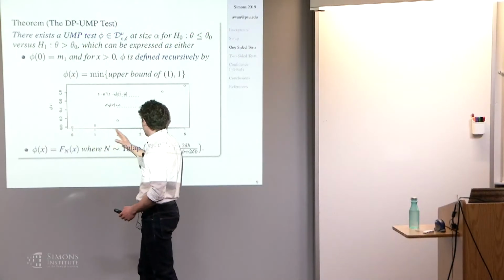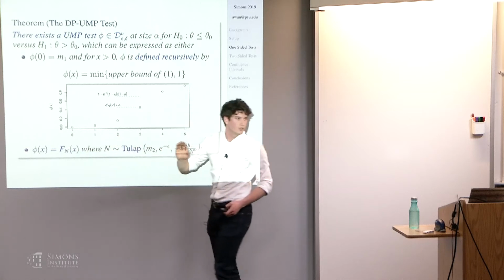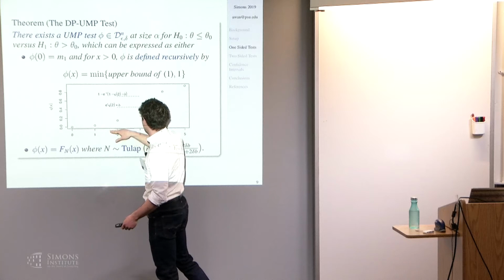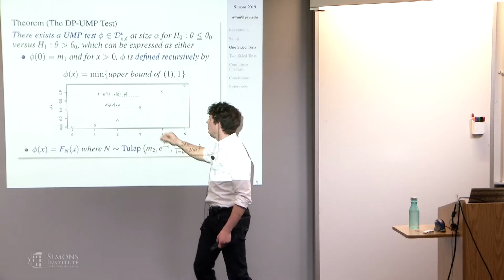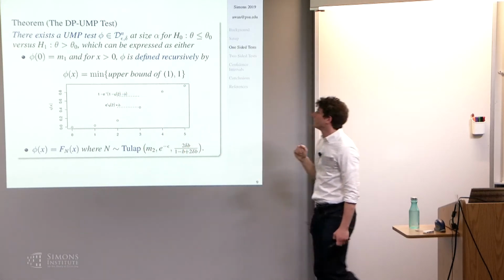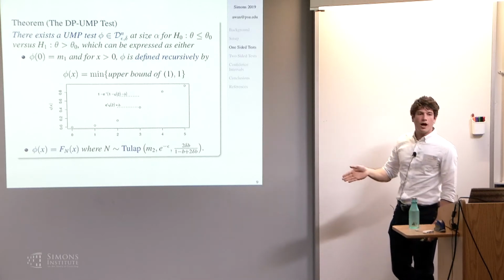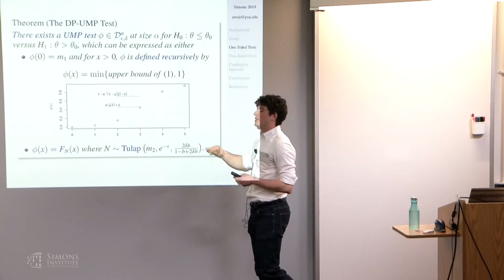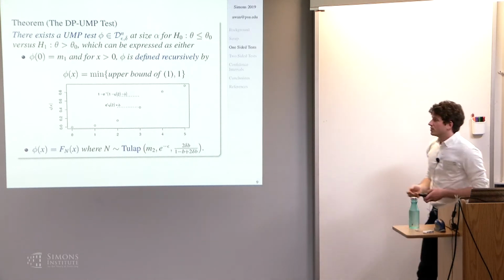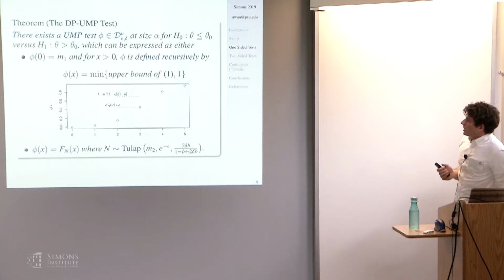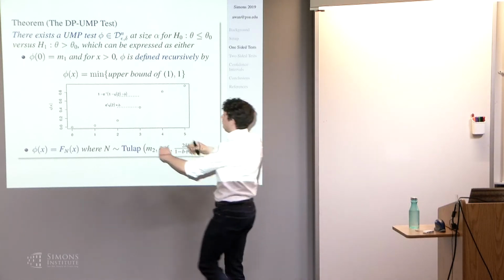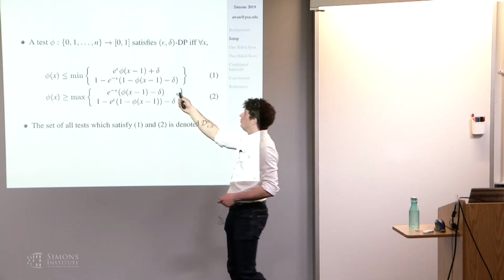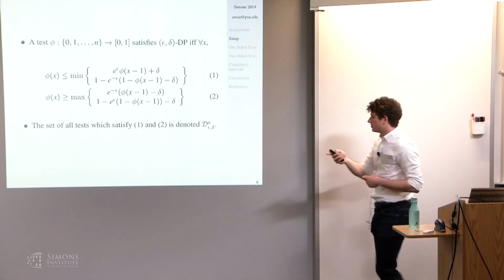you go along, and at low values of x we have no evidence that we should reject. At high values of x you have a lot of evidence, and so there's a point where you jump from 0 to 1. And maybe there's a fuzzy point in the middle. But there's essentially this hard line where we go from never rejecting to always rejecting. And Neyman-Pearson is sort of a greedy solution which ends up being optimal. So we can't do the same thing because a jump from 0 to 1 would violate the upper bound that we have here. We're only allowed to jump by some amount.